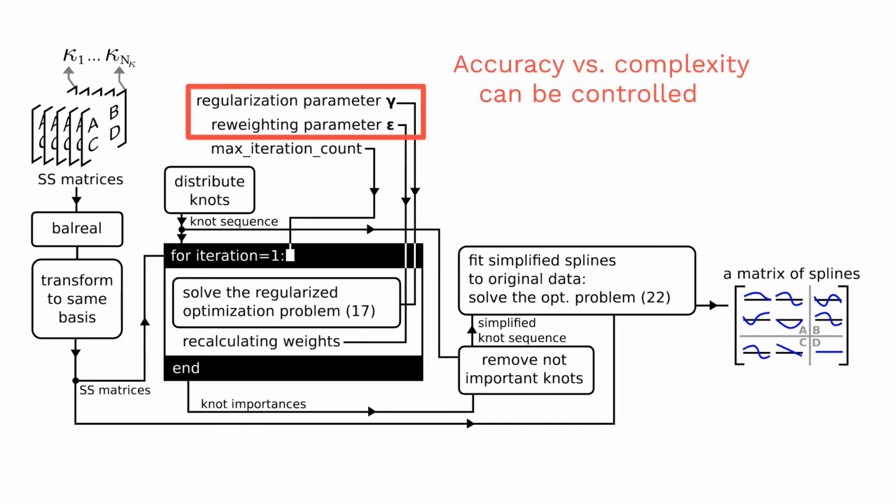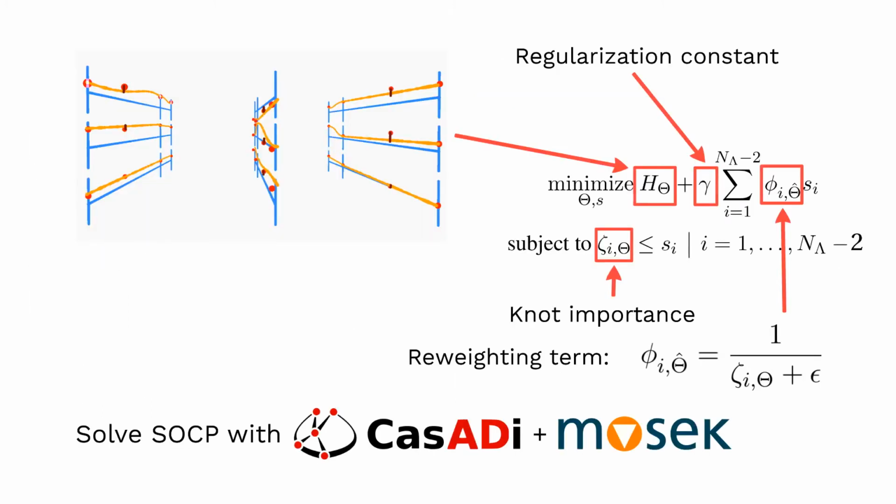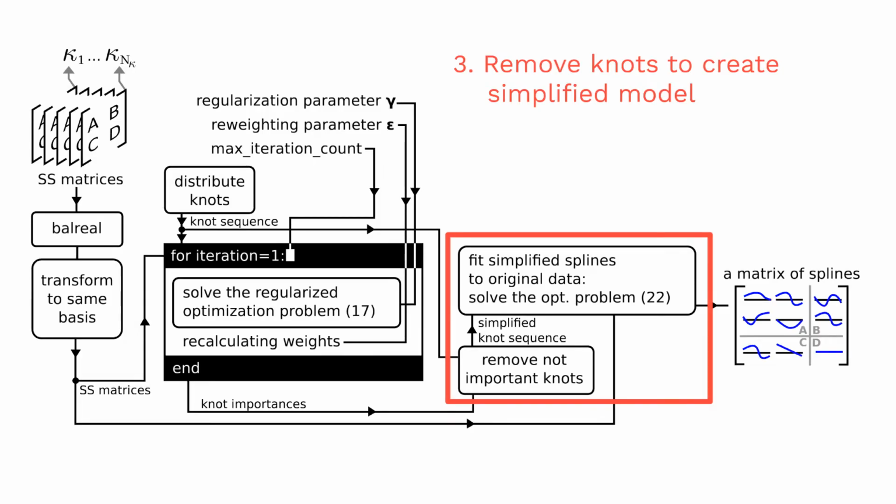The accuracy versus complexity can be controlled by different parameters, but in general, if more knots remain in the end, that means higher accuracy. In this step, we solve a second-order cone problem using CasADi's OptiSpline interface and the Mosek solver. We calculate an importance value for each knot, which tells about their contribution to the spline. We attempt to push those values down using regularization and to increase the sparsity of the solution by using reweighting. And in the last step, we remove the knots whose importance is below a given threshold, ending up with the